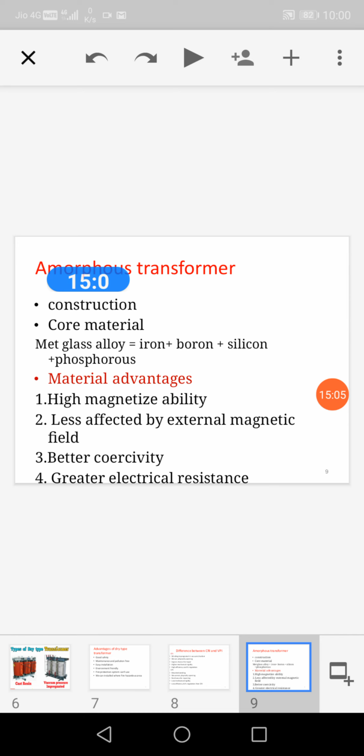And this is the main difference between the traditional transformer, amorphous transformer, and dry type transformer. Dry transformers also include the cast resin type transformer, meaning CRT transformer, and vacuum pressure impregnated transformer, meaning VPI transformer, which we can also call the epoxy resin impregnated transformer. And this is the main difference between the cast resin transformer and vacuum transformer.